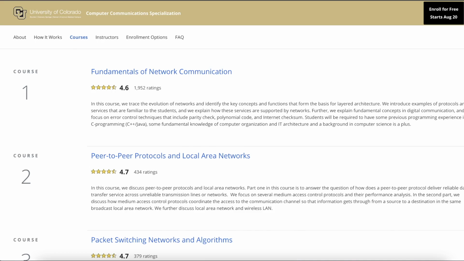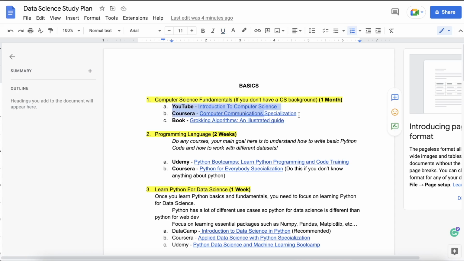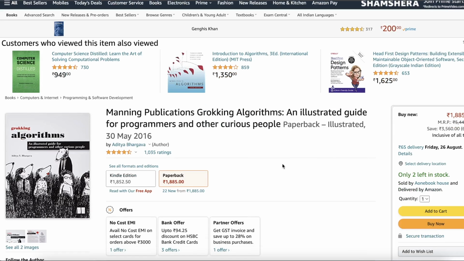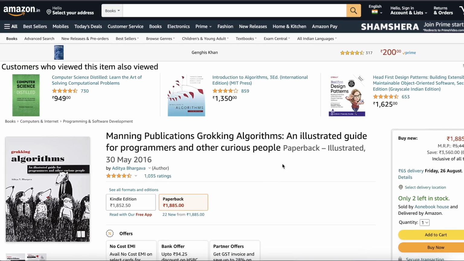So again, this is the second course I recommend watching if you are from the non-CS background. And the third one is this book, Grokking Algorithms. This is a really fun way to understand data structures and algorithms. If you are new, and again, if you are from the non-CS background, I highly recommend you read this particular book, because it will give you the overall understanding of different data structures available in the area